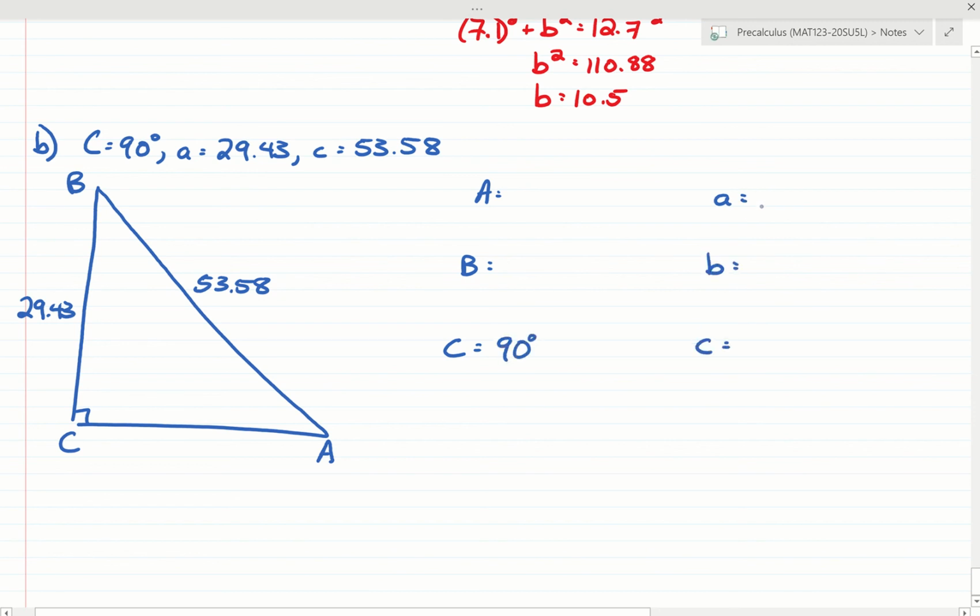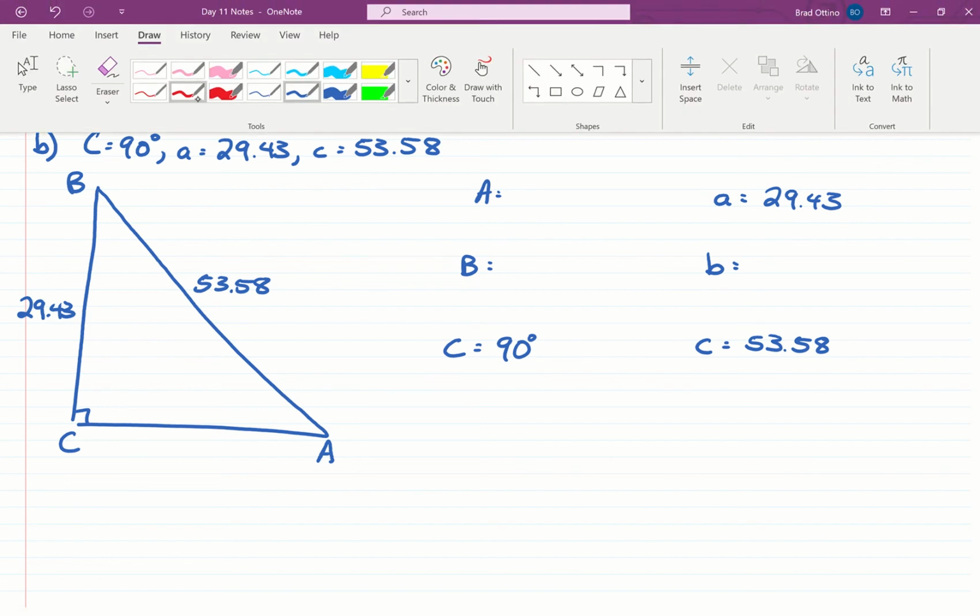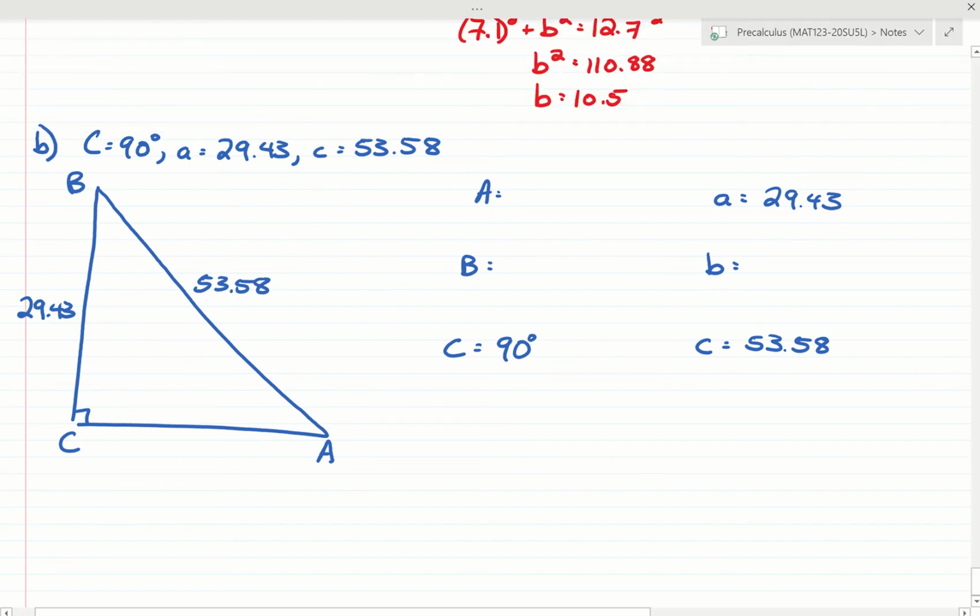I'll write down what I know. And now let's go to work. First thing we could do is we have 2 sides of a right triangle, so let's just use the Pythagorean Theorem to find side B. If A squared plus B squared is equal to C squared, and A is 29.43,